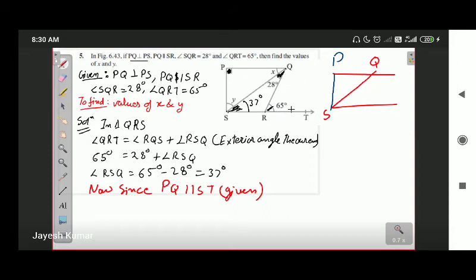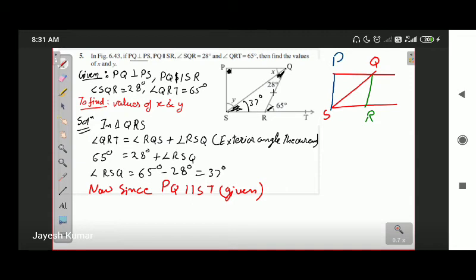Okay, there is also a third transversal, that is QR, but every angle regarding QR has been determined already, so we are not focused on QR. Okay, you can also do it with QR, but I am not doing it. There are multiple ways to solve this question. This is mine. You can do however you want to.